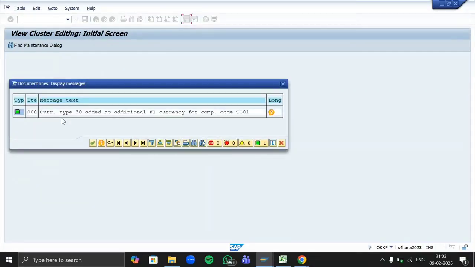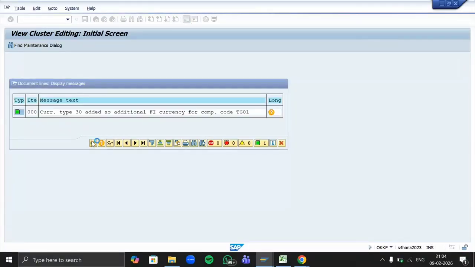Here the system is giving us an informative message that your currency type 30 is one of the additional FI currencies in your company code TG01. Means along with the company code currency 10, that is INR, we have added a group currency coded as 30 in our company code. Click OK.